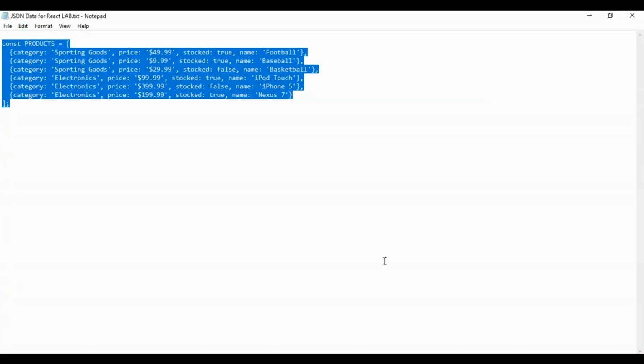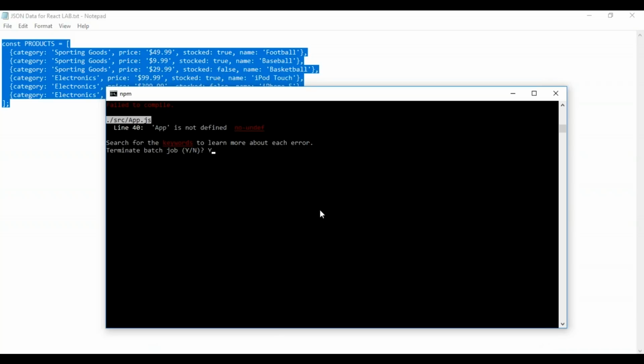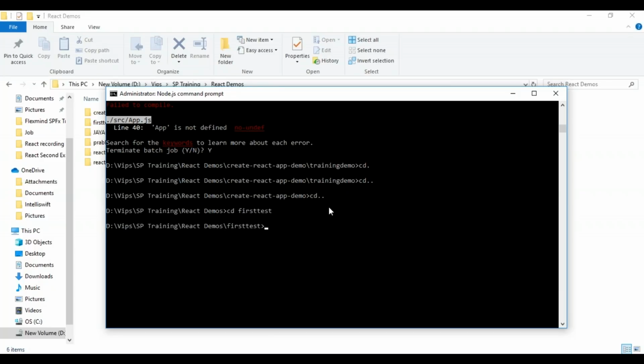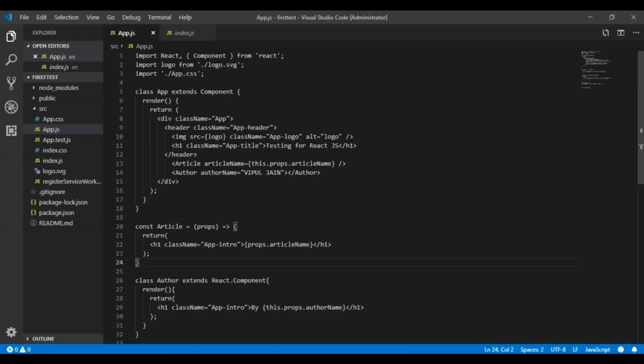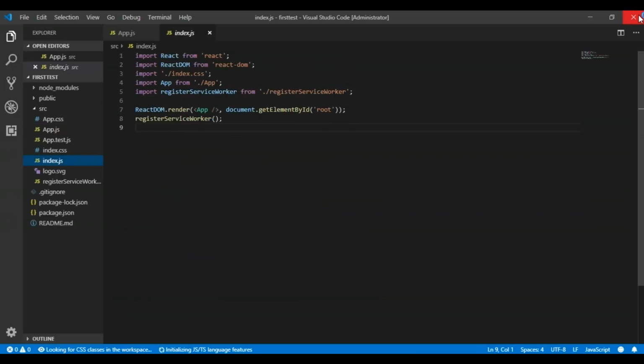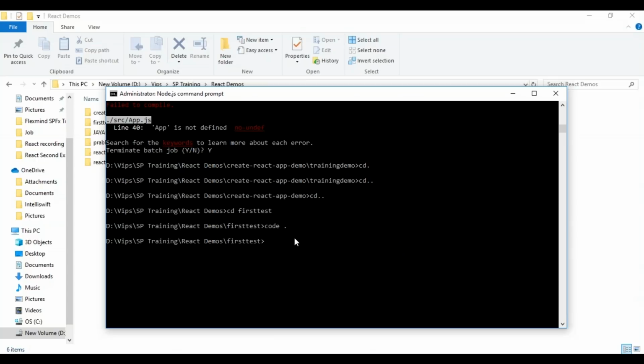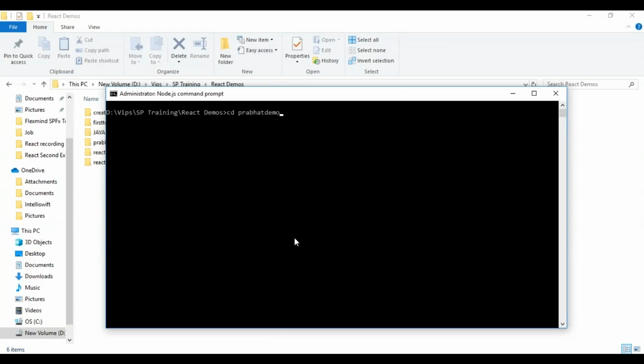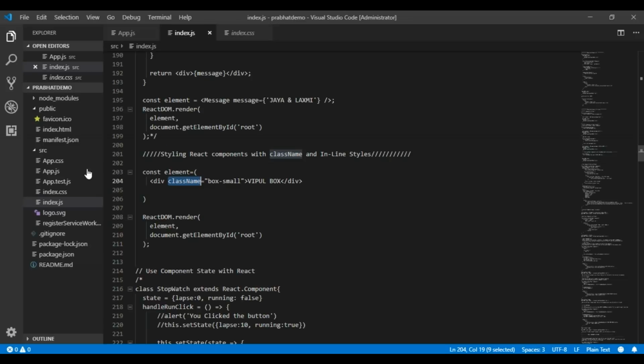So let me close this and I'm going to open a new instance. I'm going to open it in Visual Studio Code, or else what we can do is we can try this example over here.